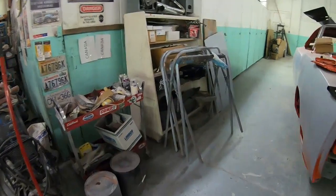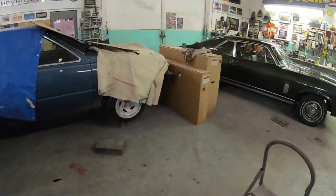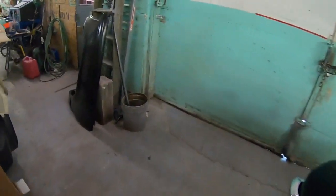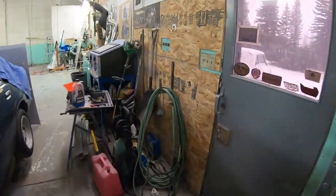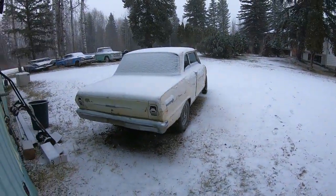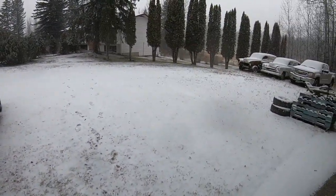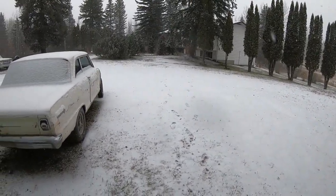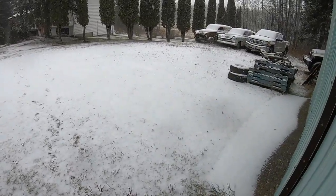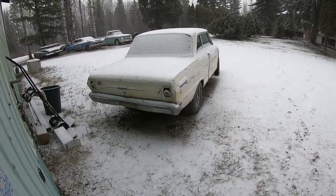So anyway, I'm just getting organized here because we seem to be getting this crap a little early this year. It's like November 3rd or something today, and we have temperatures in the -20s forecast for next week. So it kind of looks like it's staying. But anyway,